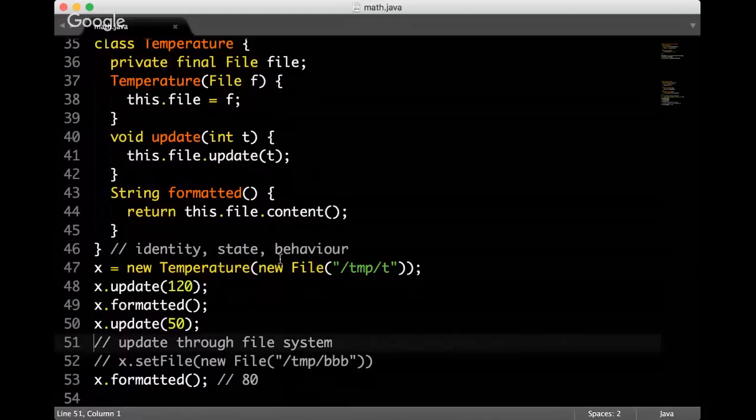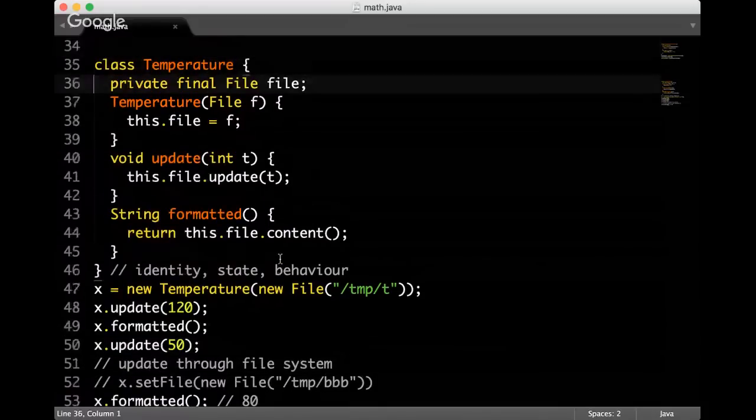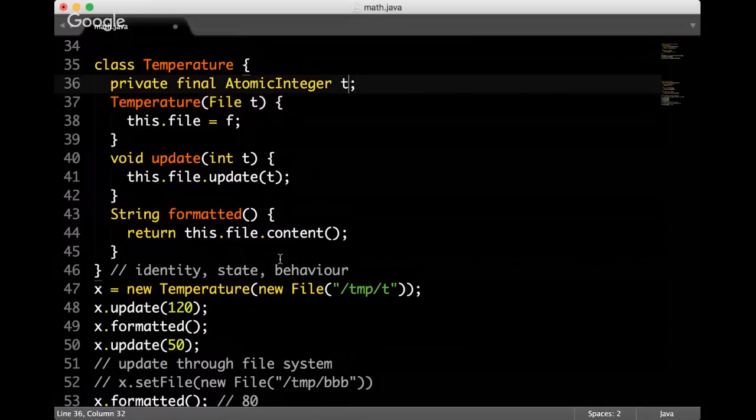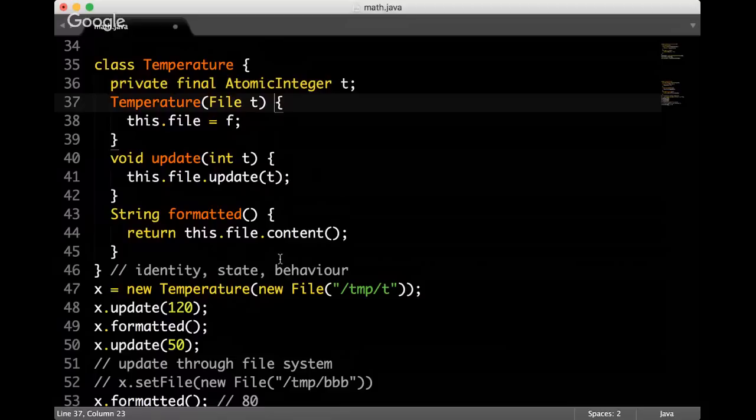And let's make one step even further. Let's say that instead of a file, we have something like that. I'm making one more step further to confuse you even more.